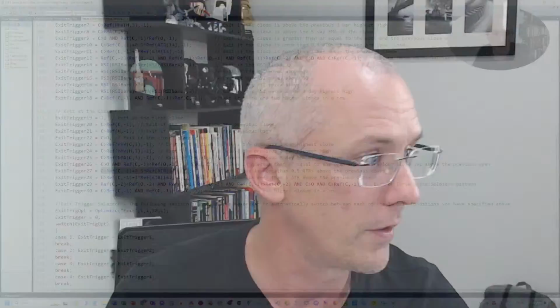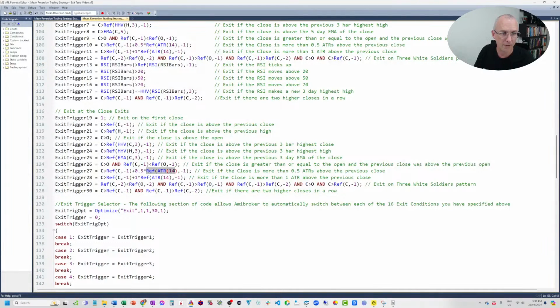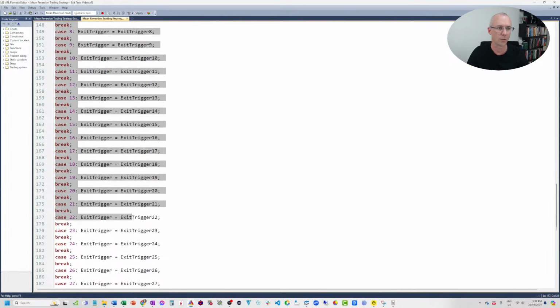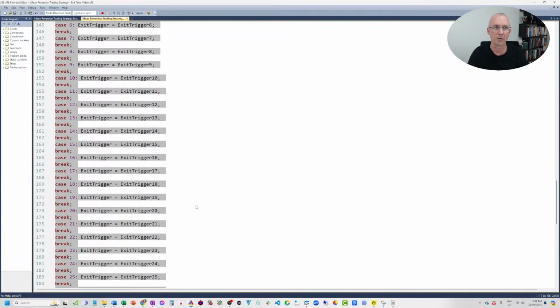So if you say, okay, exit if the close is more than half an ATR above the previous close, you actually need to use yesterday's average true range. Otherwise, your backtest will be cheating, and you won't actually be able to do it in real life. So in this code, you'll see I've got ref ATR -1. That's referring to yesterday's average true range. Okay, so we've got 30 different exits, and this case switch function that I've got down the bottom is going to allow me to cycle through all 30 exits in one optimization and give me a nice set of results